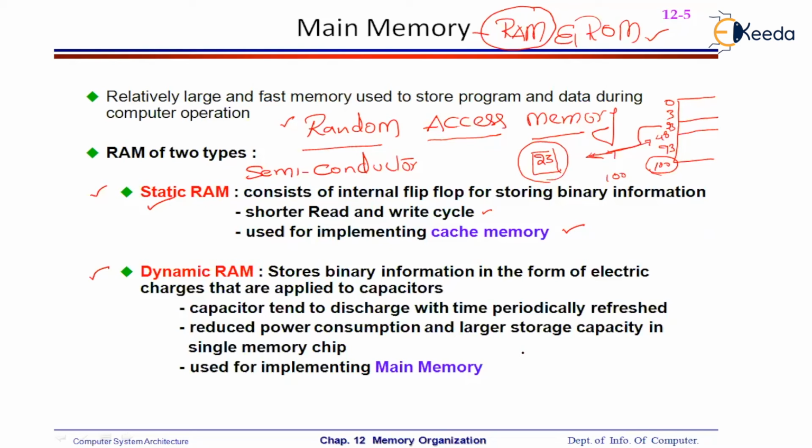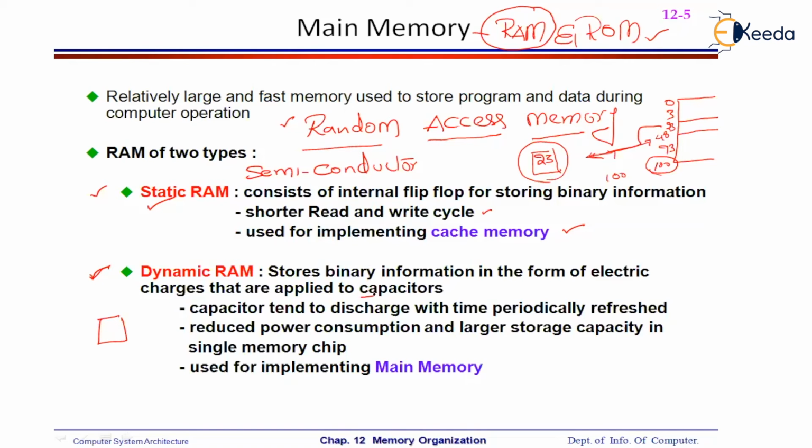Okay, on the other hand, there is something called dynamic RAM. These dynamic RAM chips are constructed using capacitors. What is a capacitor? A capacitor is like a battery. You have to charge it. Once the capacitors are charged, until they get discharged, they are going to give you the data. That means even if the power is lost, the data will still be available in the dynamic RAM, because it is based on capacitor technology.